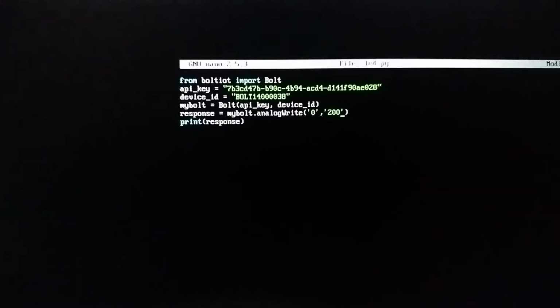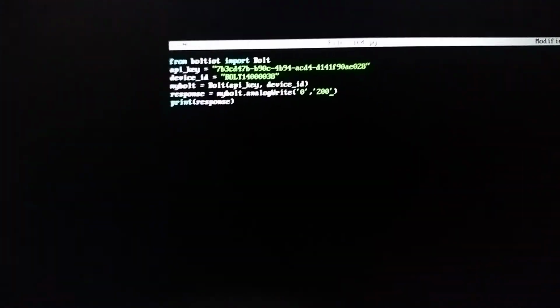Now I have increased the value from 100 to 200. Now let's see what the intensity of the LED light is. This is the intensity for 100. Now by running the program with 200, let's see the intensity. I am clicking the enter button, and you can observe the brightness of the LED light still keeps increasing. Now let's see for 250.